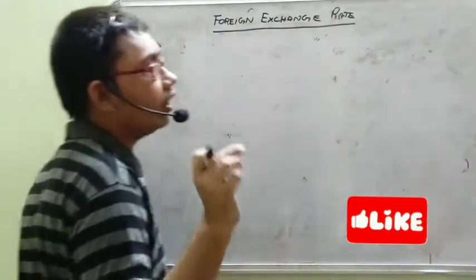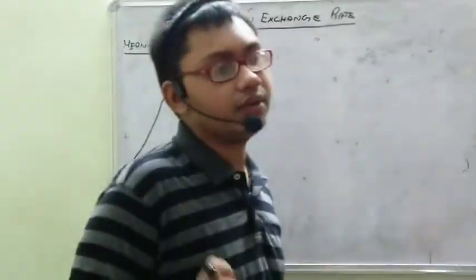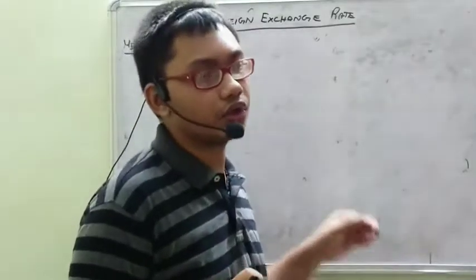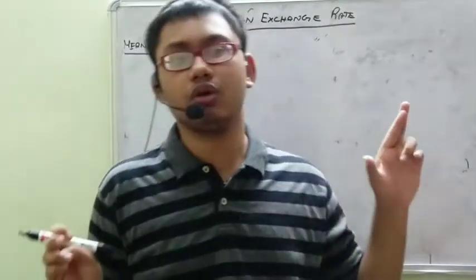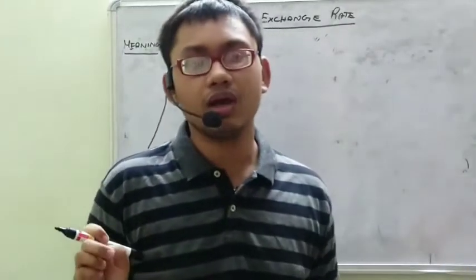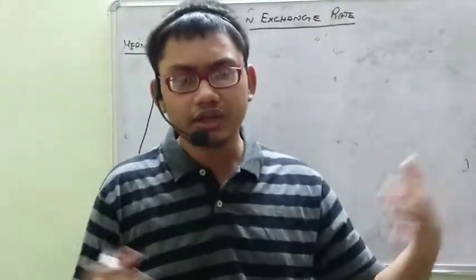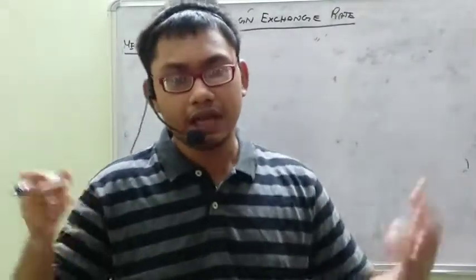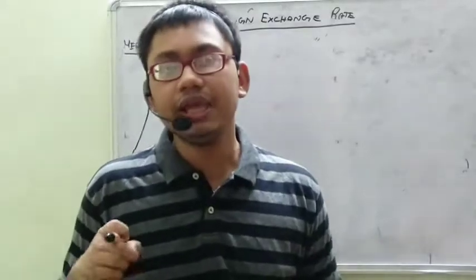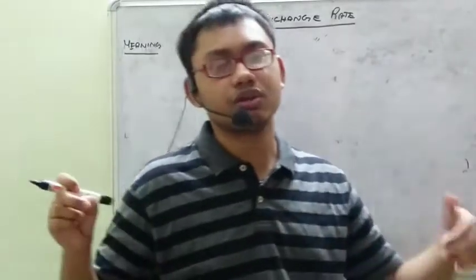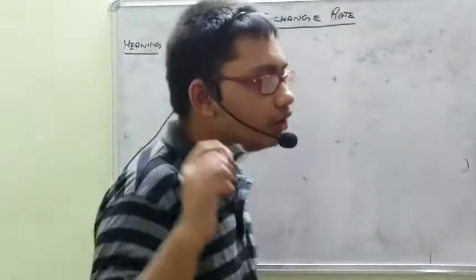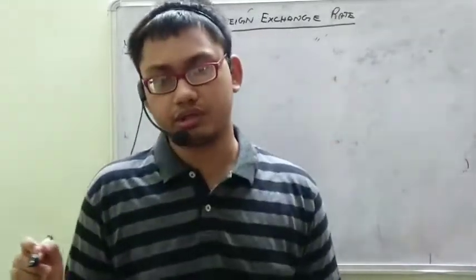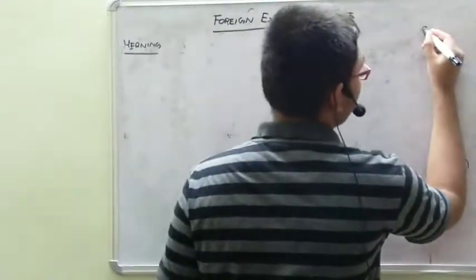In the lecture on money, we said money acts as a common unit of account. It measures the value of goods. However, when we are considering different countries and different currencies, each currency cannot act as a value measurement for the other, right? There should be some common denomination. Generally, it is the US dollar.